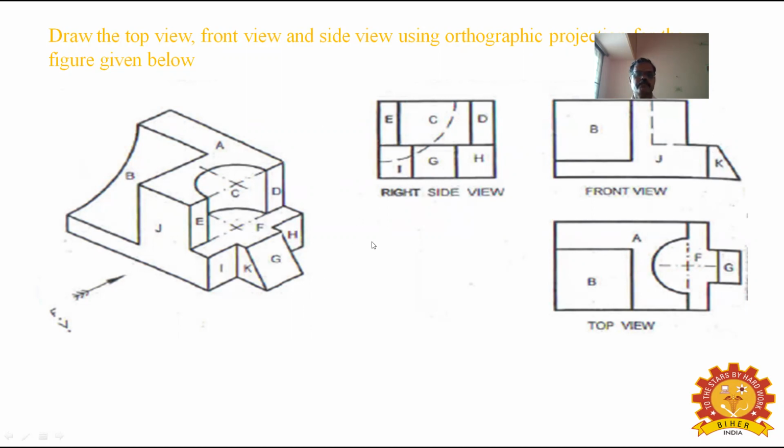Now, coming to the right-hand side view, here the I, G, and H parts are visible. Above the I, you have to draw the rectangle E, D. In between, you have to draw the C part. This is how you have to draw the side view. Here, when we view from the right-hand side, the B part is invisible. Starting at the B part and ending at A, you have to draw by freehand and convert it into hidden lines. This is how you have to draw the top view, front view, and the side view.